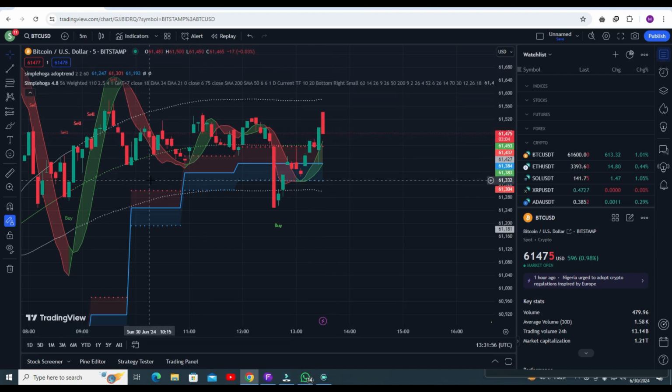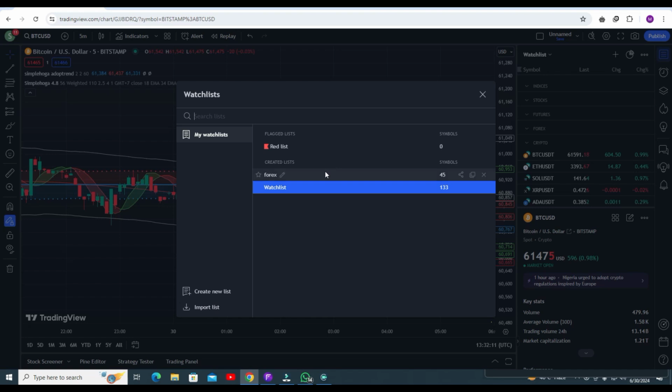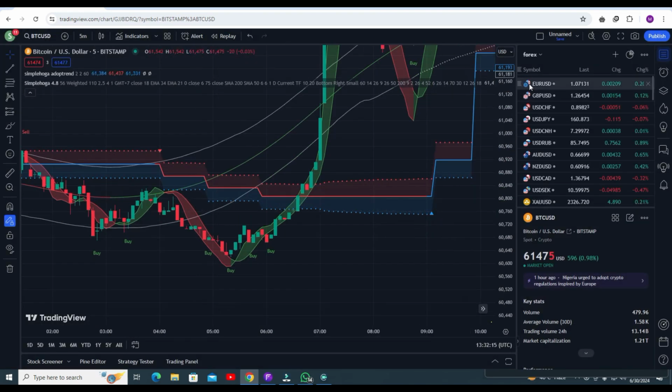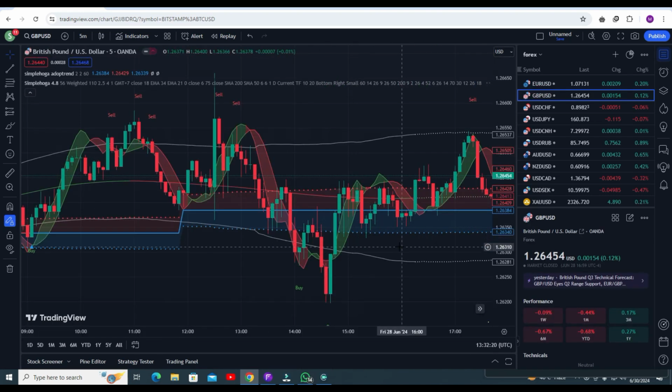Now hopefully you will understand the whole strategy, how perfectly my strategy is working. Let me show some examples in forex pairs, then I will come to the crypto pairs. First I have to show some results in forex pairs like GBP/USD or EUR/USD. You can use this indicator on any pair.